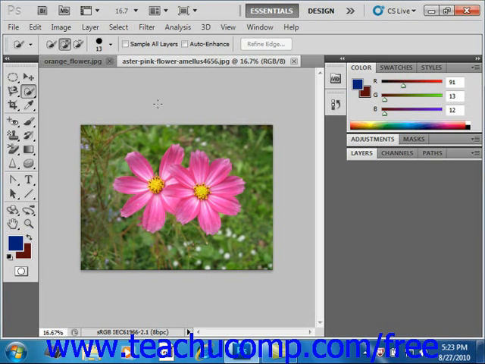There are several ways that you can make pixel-based selections in an image file. Photoshop provides you with several tools that you can use to select pixels in an image. You have a set of Marquee selection tools, a set of lasso tools, and the magic wand tool, among others. There are also a few commands that we can select from the menu bar that will also allow you to